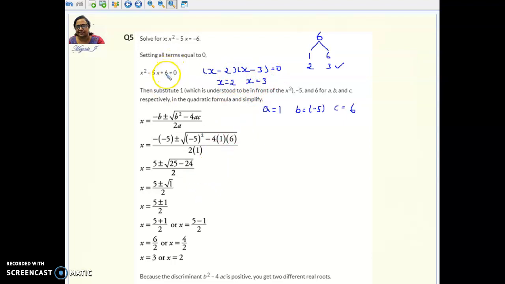So that's the reason you are going for factorizing, unless otherwise it is required. Sometimes you may not be getting a proper value here, so you may not be able to get this in that case. It will not be real. So in that case we have to go only for the formula. So let's see the next problem.